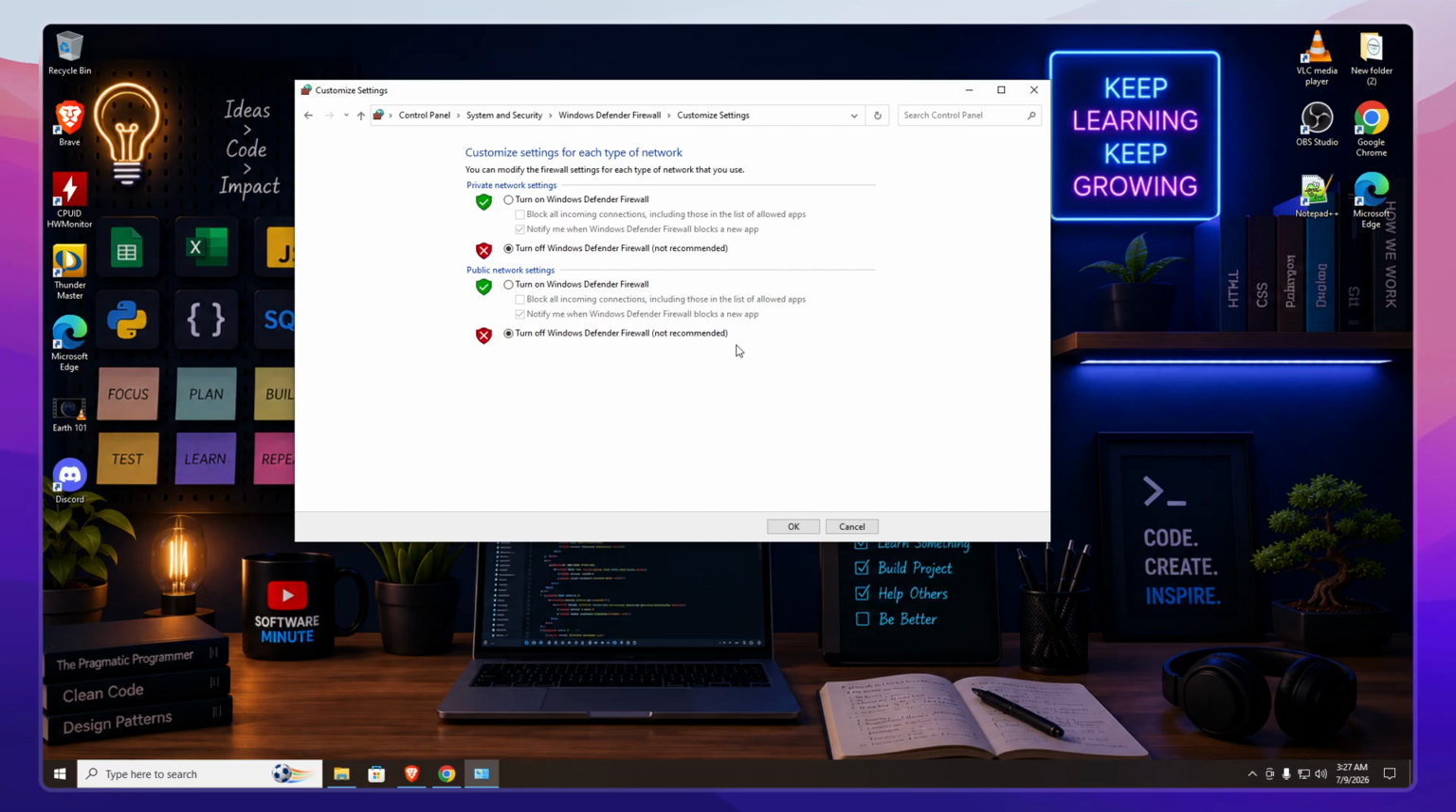Once you've turned off both firewall settings, click OK to save your changes. Your system will now accept ping requests from other devices on the network. And that's it. You've successfully disabled the block ping request feature on your Windows 11 computer by turning off the Windows Defender Firewall for both